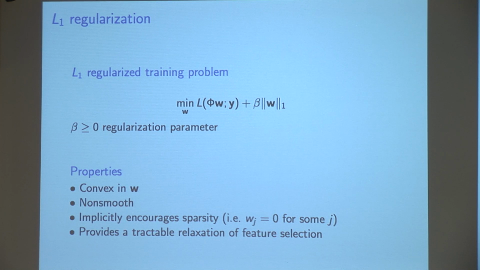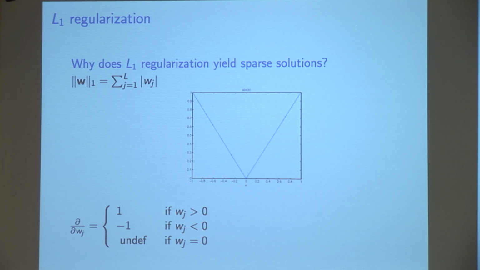But for today, why is this so dramatically different? Well, we can look at the plot of the L1 norm, and we can see that it's this pointy thing here, and this non-smoothness is the reason why we get sparsity. Now, I'm going to try to give you the intuition, if you don't know it. I have this penalty on a weight, right? In fact, the L1 norm is just the sum of these individual weight penalties.